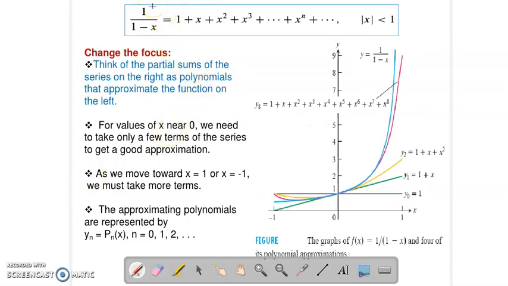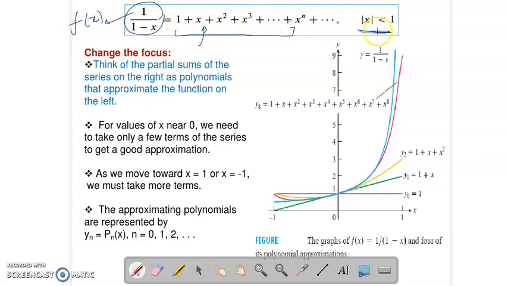Now till now, we were having this infinite series in hand and we were discussing its behavior. We said that this series is going to converge to this number for these values of x. Now let's just shift our focus. Rather than saying that this series is going to converge to this number, think of this, that this function f(x) can be approximated by this polynomial.